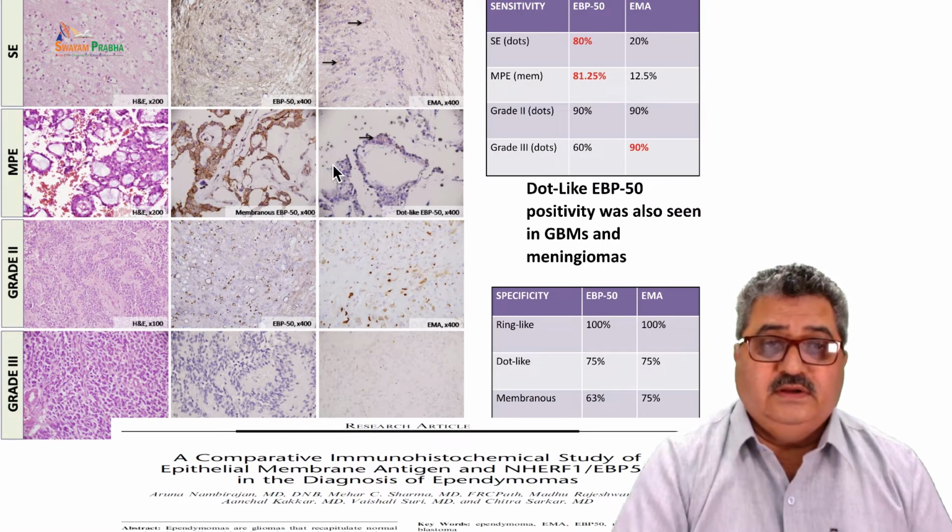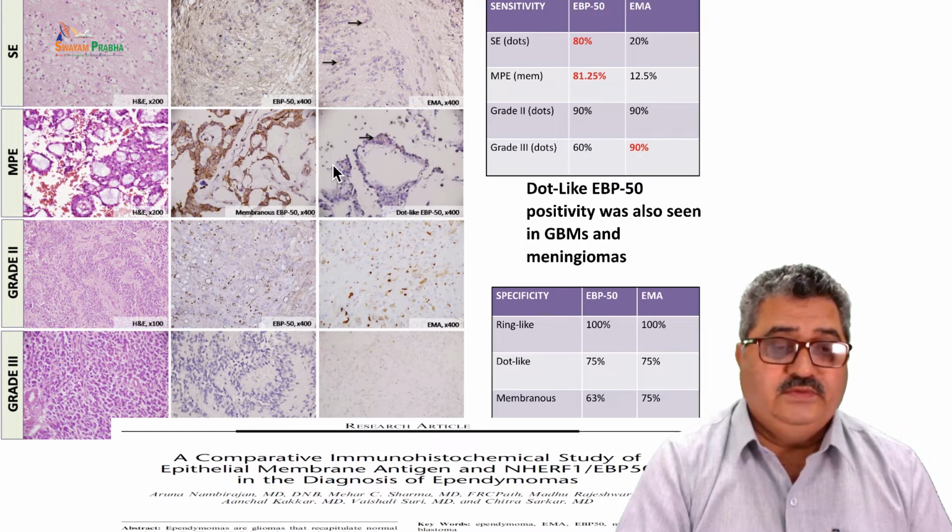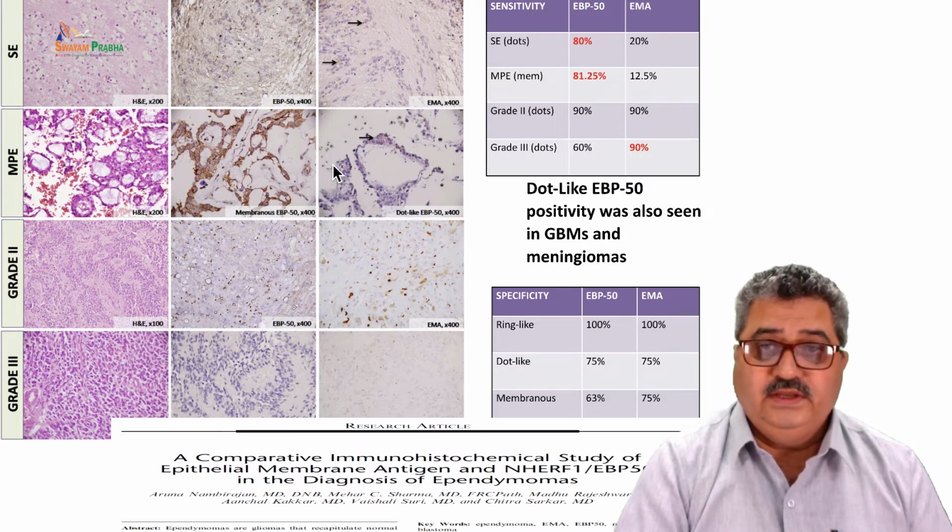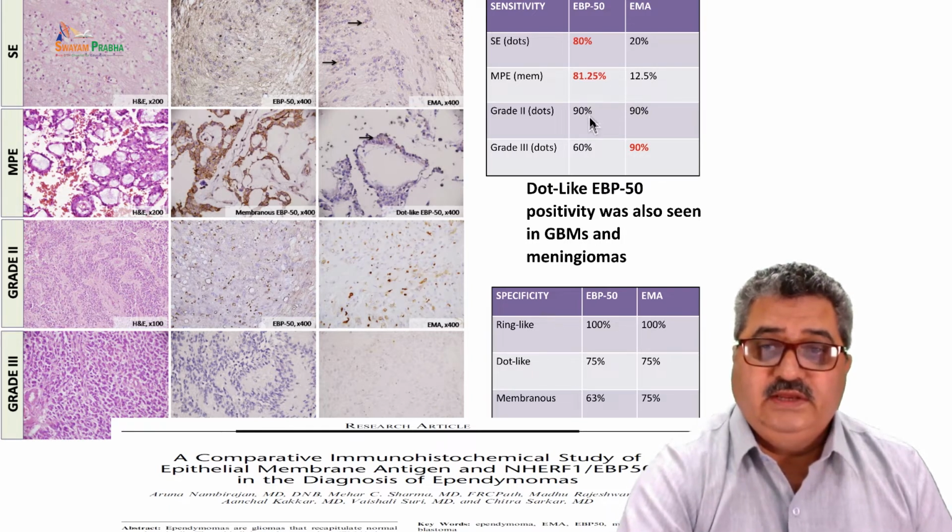We compared the positivity of EBP50 and EMA, and we found that EMA is better for the higher grade and EBP50 is better for the lower grade